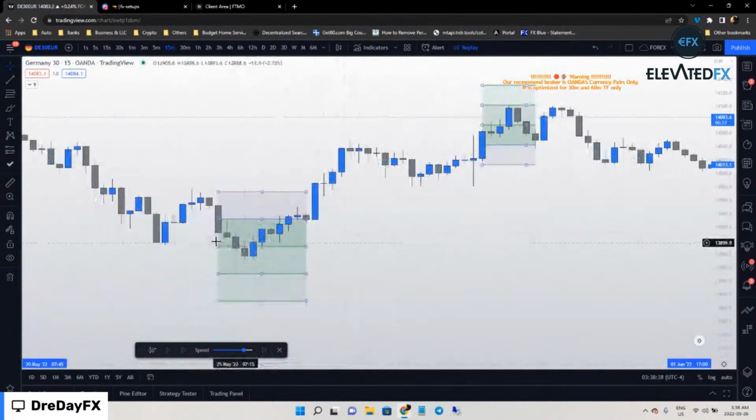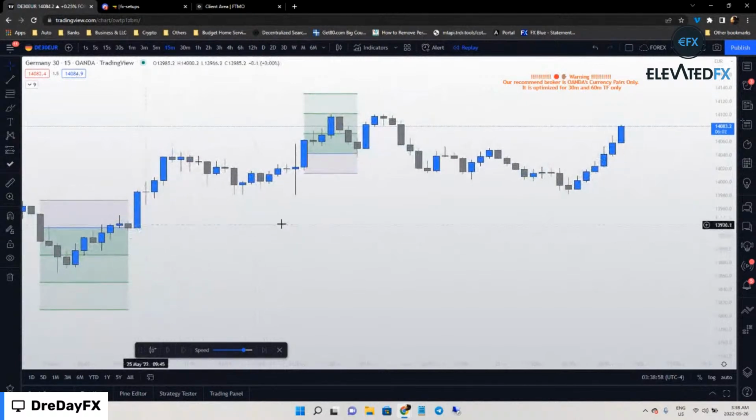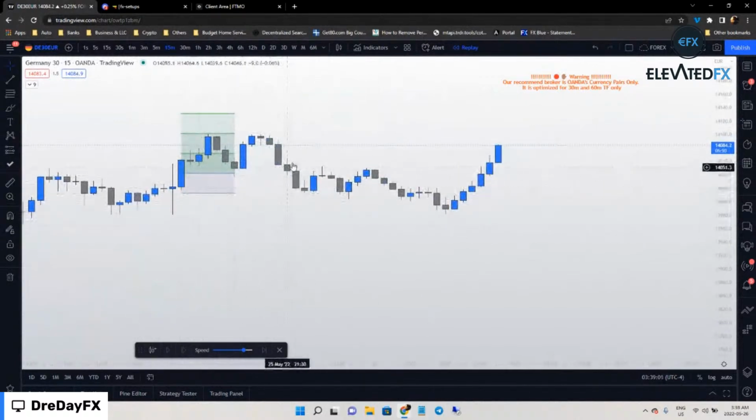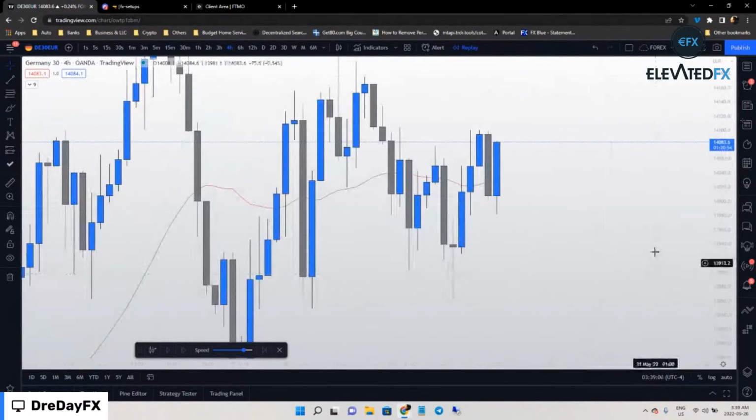As you can see, the last time it went down, the actual swing that started the continuation going up is this candle, and that was an engulfing candle that confirms a reversal in the pattern in the market. So I'm highly confident here that the price will continue going up, and if we go on the higher time frame,